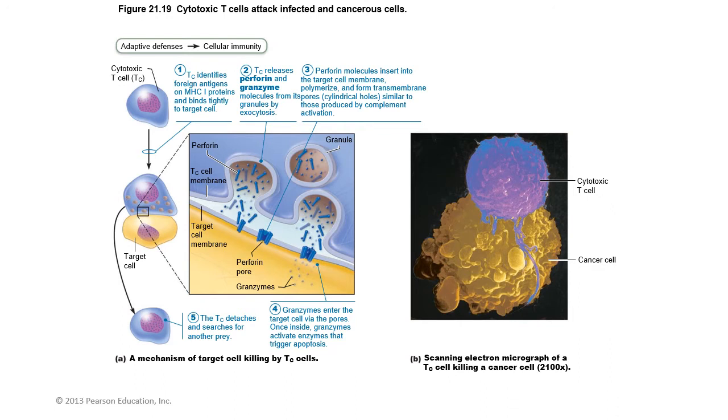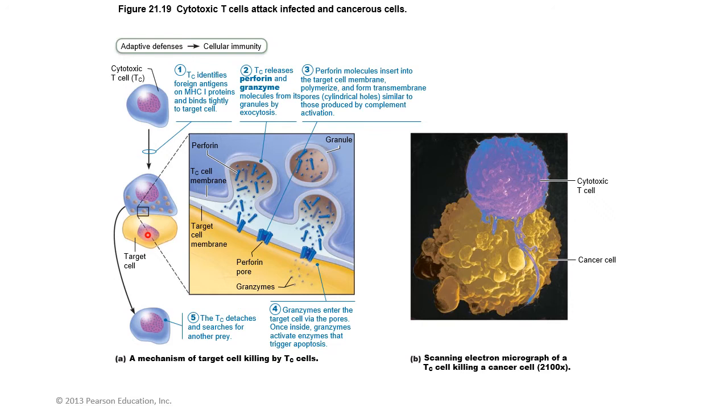This slide is showing what a cytotoxic T actually does, how it attacks infected or cancerous cells. You can see this picture off to the side. It's showing you a cancer cell, and you have a cytotoxic T that has attached itself to it, and this cancer cell is undergoing apoptosis, which is cell suicide. So what happens is the cytotoxic T cell identifies foreign antigens on the MHC1 proteins, and then binds to that cell. So this could be a tissue cell that has a virus or a cancer or something associated with it,